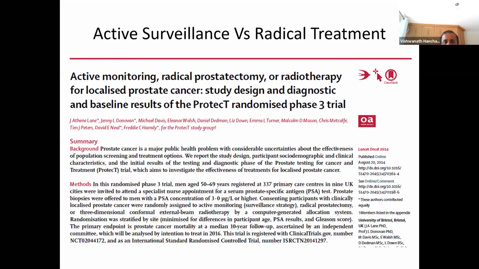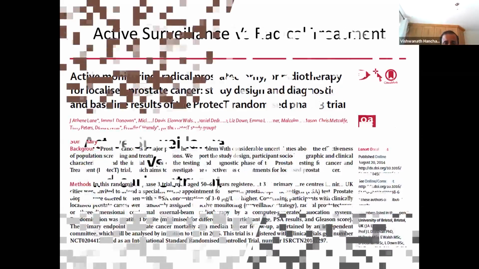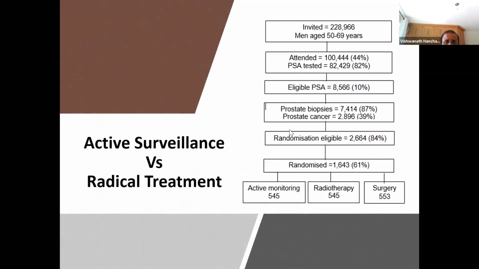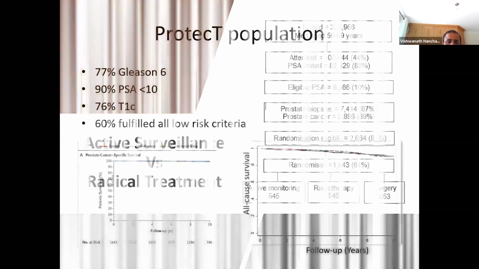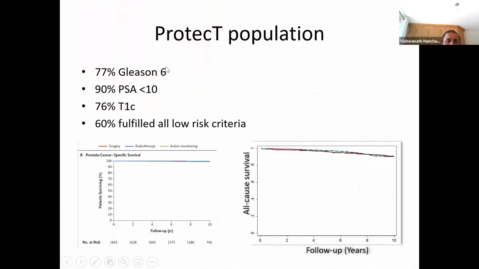It was more of active monitoring versus radical treatment, wherein a big number of patients, nearly 228,000, were involved, and over 100,000 were included in the biopsy. And at the end, there were 545 patients in each group, around 500 patients. 77% of the patients were Gleason 6. So it is not a cohort of all the different grades. It's mainly a low risk and intermediate group